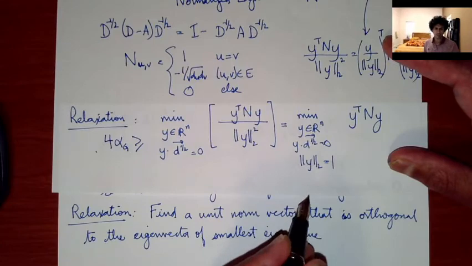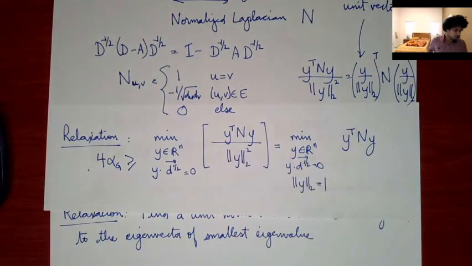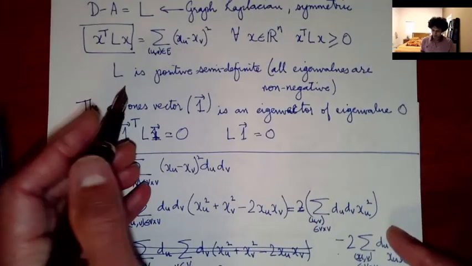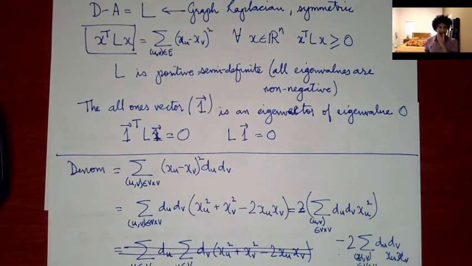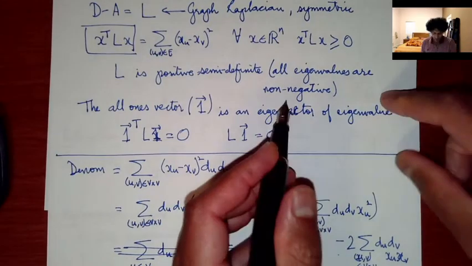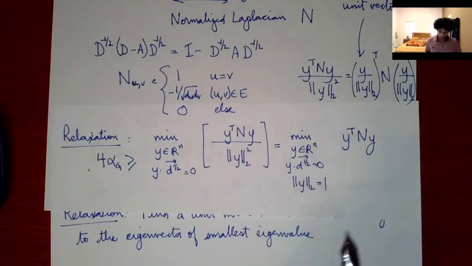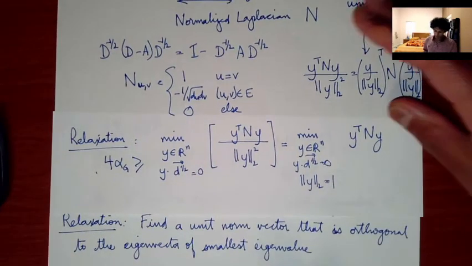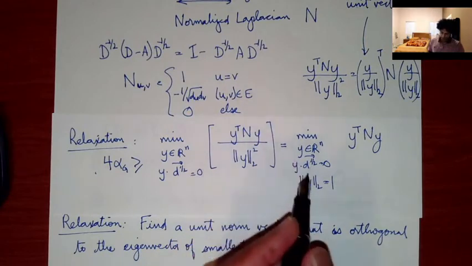Why is the smallest eigenvalue 0? Because we argued, remember we said that the matrix L is positive semi-definite, and when you multiply on the sides as well, it still remains positive semi-definite. So all the eigenvalues are non-negative. There's one eigenvalue 0, which is the minimum eigenvalue. And so we're finding a unit norm vector that is orthogonal to the eigenvector of the smallest eigenvalue,